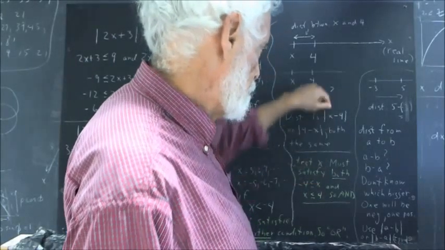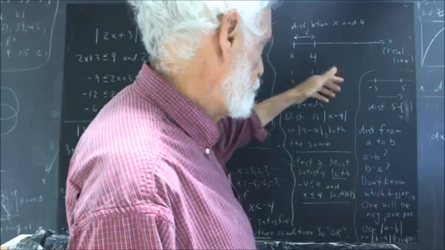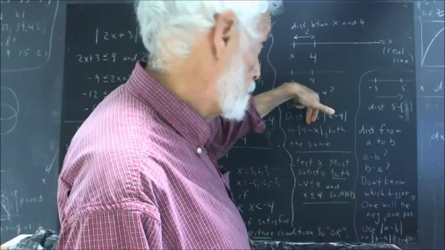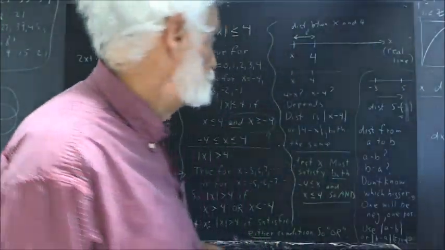We're usually going to write this absolute value of x minus 4. The distance between x and 4 is the absolute value of x minus 4, but it's not incorrect to write it like this, since this is completely equal to this. So,